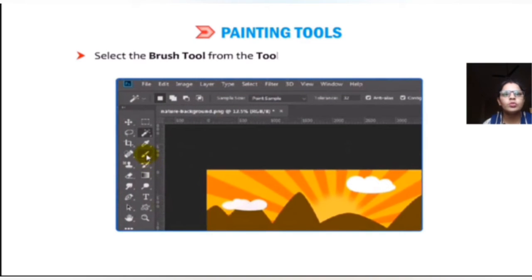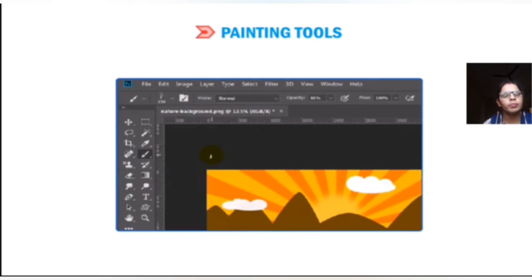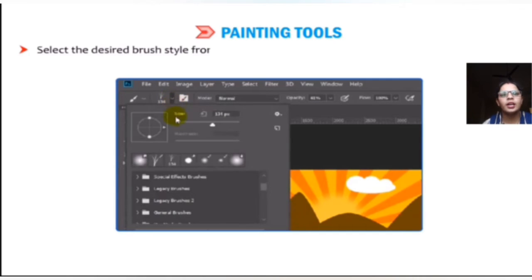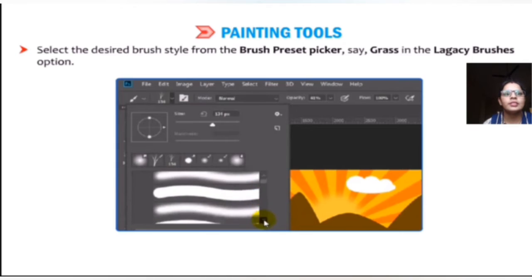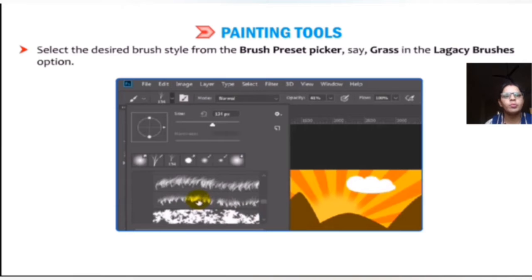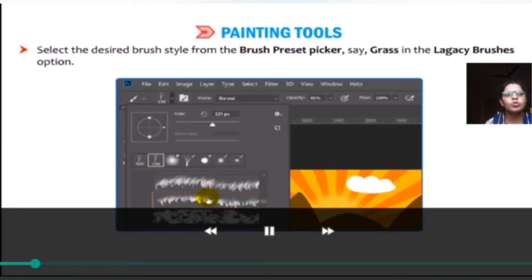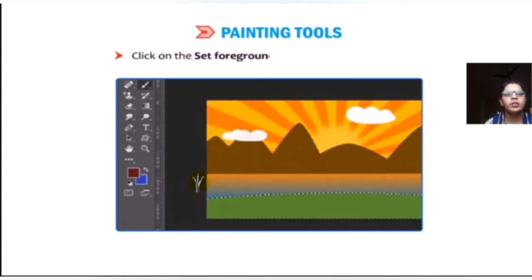Select the brush tool from the tool panel or press B on the keyboard. Then you can select the desired brush style from the brush preset picker, where the brushes are available, say grass in the legacy brushes. There are different types of brushes available. Then you choose from there and apply on your image.